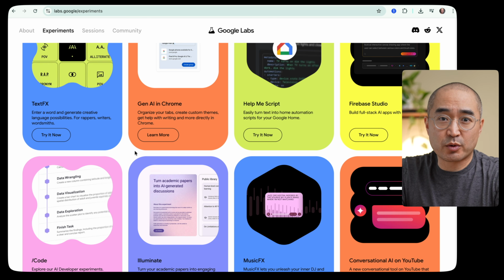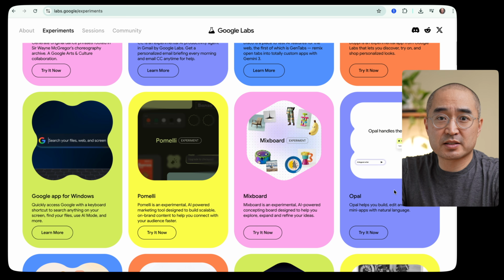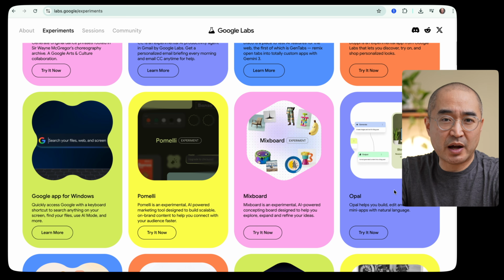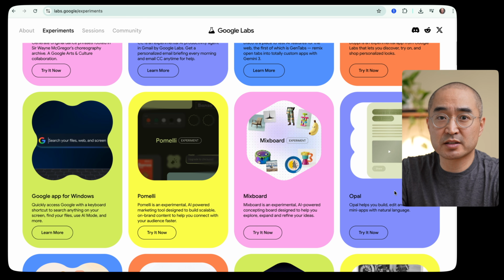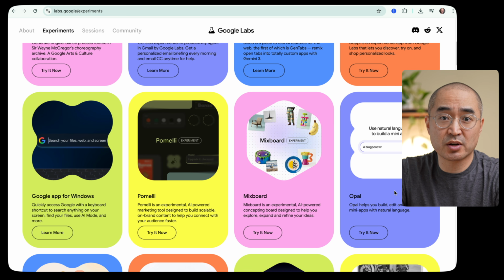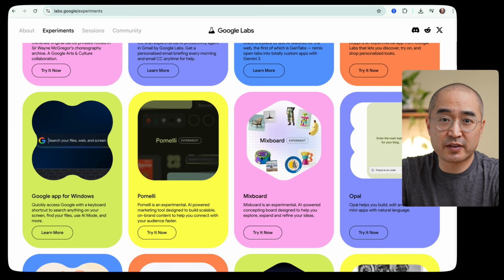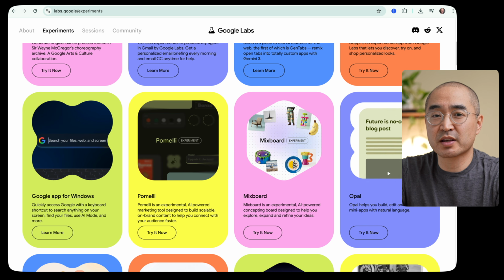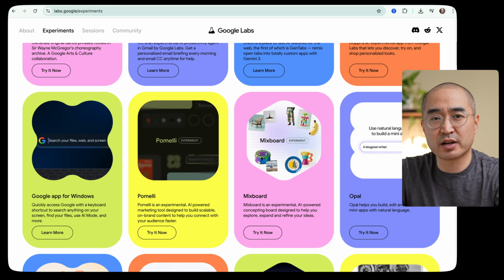And the last tools that I wanted to share with you are Opal and Firebase. What Opal and Firebase do is they are very powerful vibe coding tools. And if you don't know what vibe coding is, it's basically a tool where you can prompt in just plain English what kind of an app or software that you want to develop, and it'll do all of the coding for you. Now, I'm going to admit that I'm still in the very early learning phases of vibe coding, and I hope to make future videos of how to properly vibe code and share with you my progress of